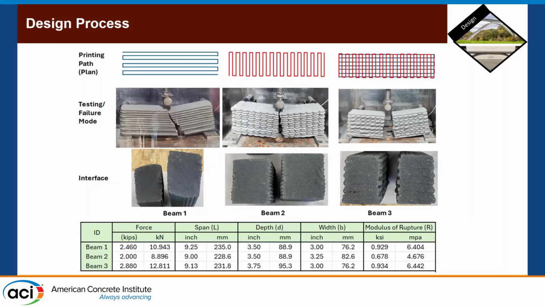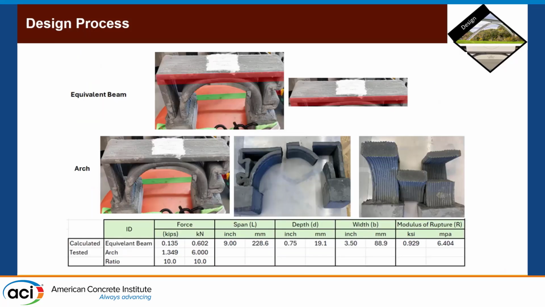So we actually tried to use that to study the effect of printing path on the 3D printed structure. We know that concrete is very good in compression. So we created an arch, and this was basically a slab and an arch and the main arch. And we said if it's an equivalent beam, we may have just 2 layers on top of each other. And if you go back and calculate from the modulus of rupture, you will get around 135 psi, or ksi, sorry, 135